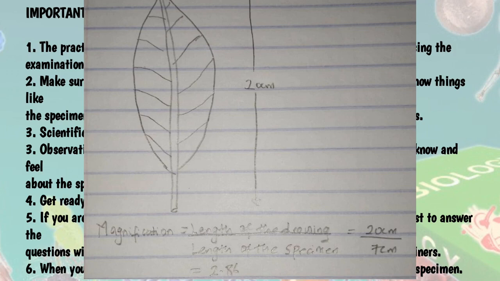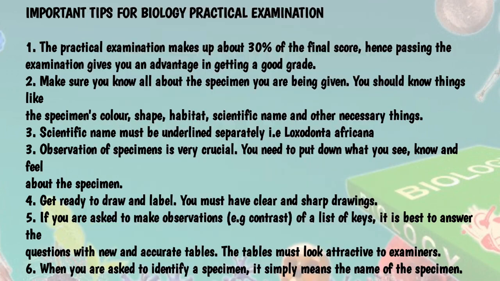So you must calculate that and write it somewhere towards the lower corner of your space. Just calculate it and write it. It is very important you do that in the biology practical